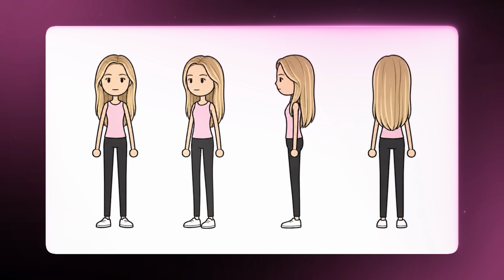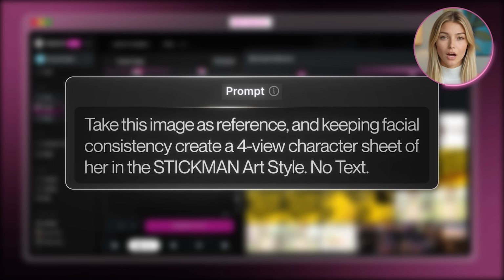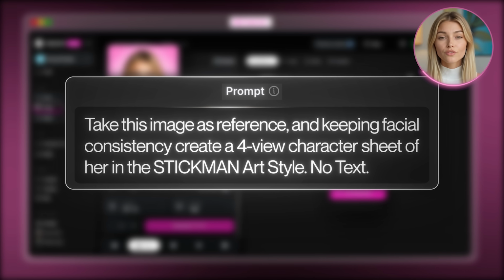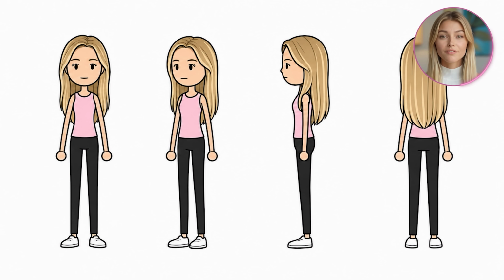The first image is a stickman character sheet of myself. I'm uploading a reference photo of myself as the base, and I'll paste in this prompt, which basically asks the model to take that reference and create a 4-view character sheet in the stickman art style. Okay, look at that. It kept the facial structure from my reference photo and translated it into this clean, wobbly